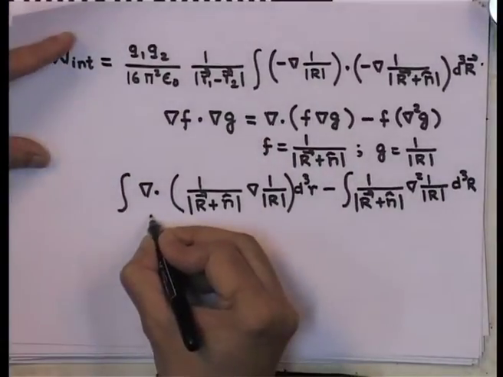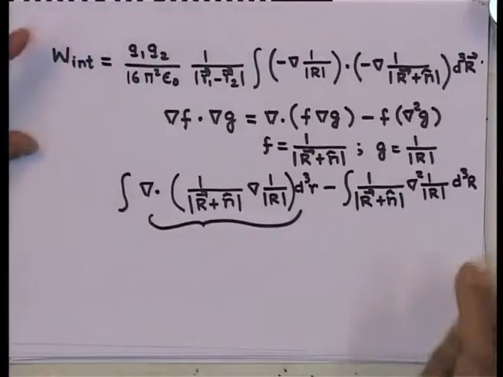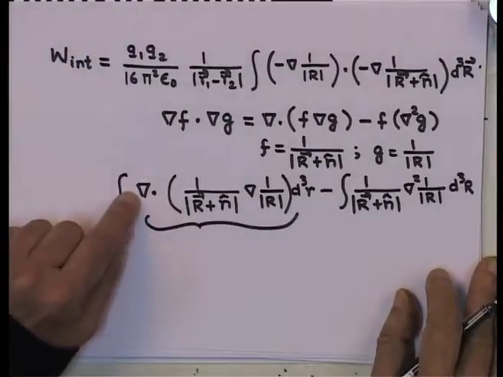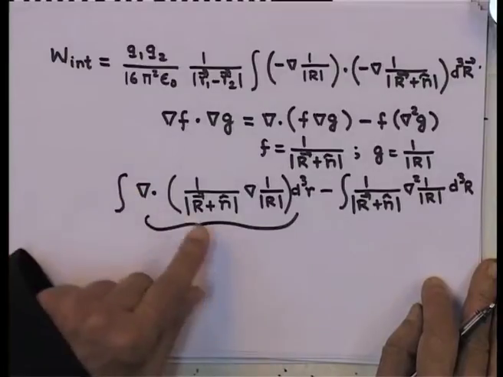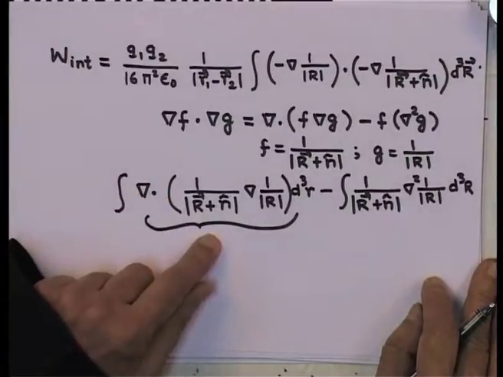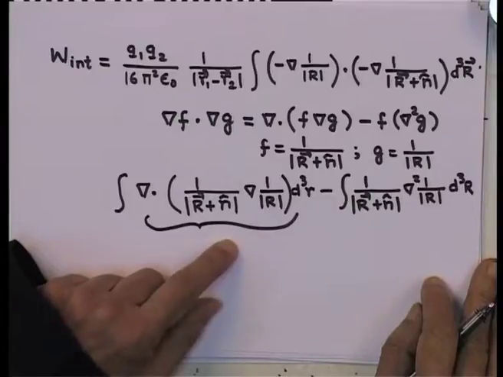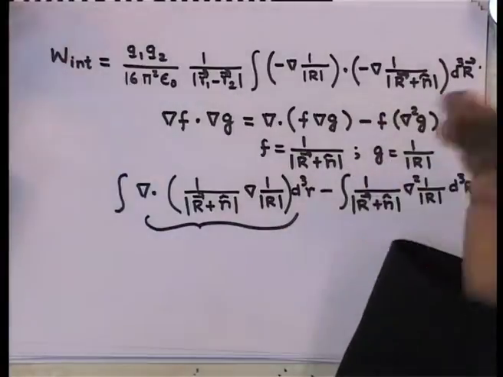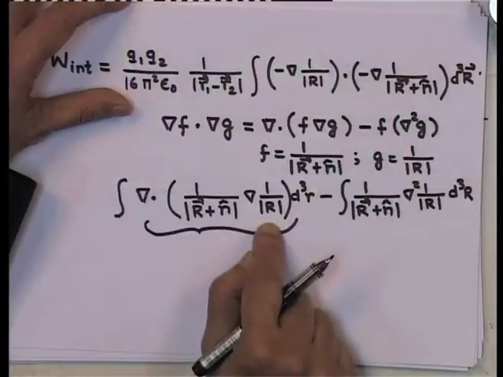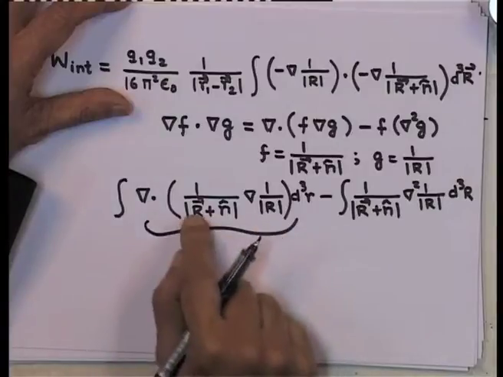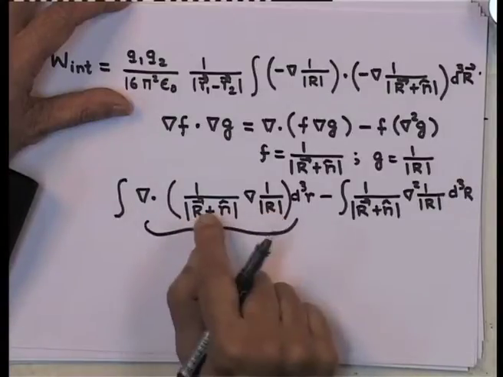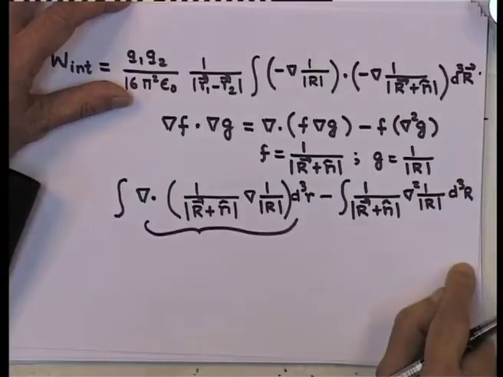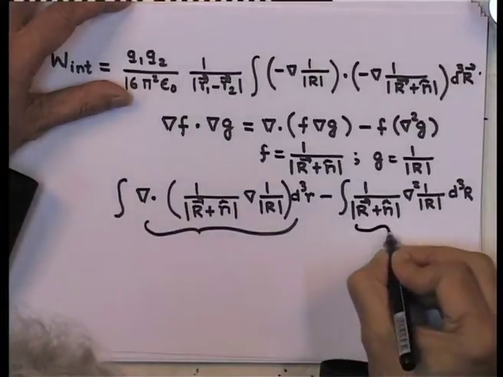Now, this is something which we have been coming across regularly. Using the divergence theorem, I can convert this integral to an integral over the surface, and this surface, since it is over all space, is at infinite distance. So, I need the values of the functions there, and these will go to 0 and it will vanish. So, what I am left with is this term,